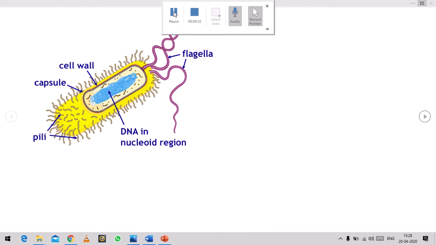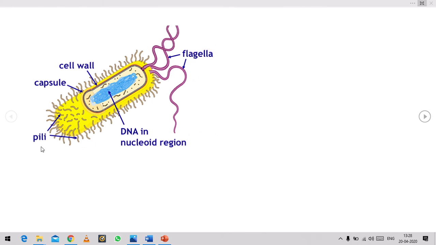These are very important, as you all know that last time when I was talking about the basic surface appendages. I want to repeat them again. It is flagella as well as the pili and fimbriae. These three components are very important for the surface appendages, which we have already studied in our last lecture.